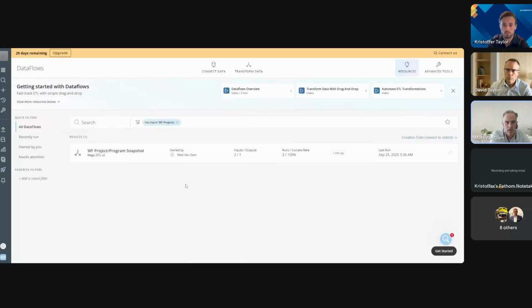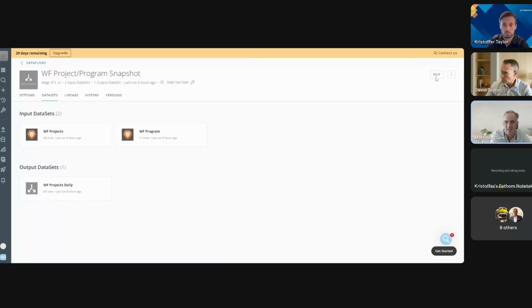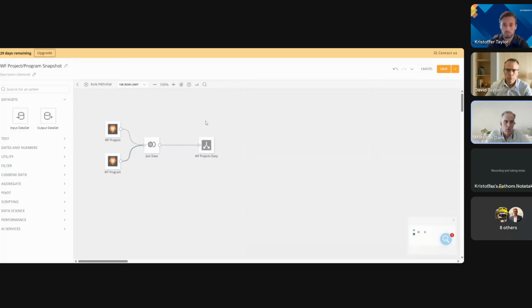And let me show you an example of a data flow that I created yesterday, just in anticipation of this. Let's see here. Let's go into this, and let's go ahead and edit it. So this is how you would then do what's called ETL, or extract, transform, and load. It's common data analyst type work. It's basically you've got your raw data that you want here, and you want to transform it into something that will be useful for your